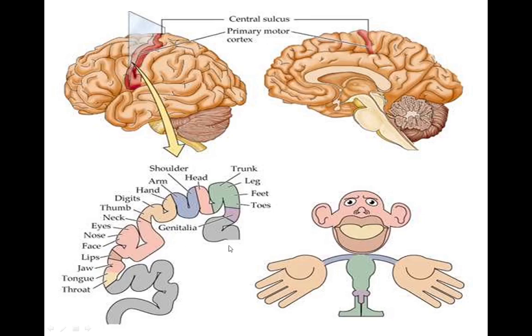Not only the head, the face, but then you'll find that the toes, the feet, these distal limbs, and also the trunk, are represented in a very big way. Okay, why? Because they're important in the production of movement and assumption of postures, as well as the articulation of language, and of course other things. So the digits, the thumbs, the shoulder, the head. This is how the body is represented in the primary motor cortex.